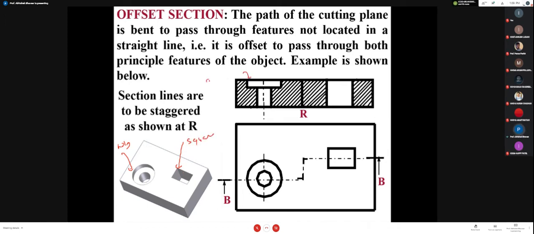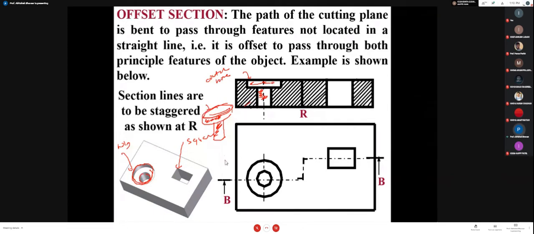This type of hole is known as the counter bore. We are having such type of hole, means two holes are here. This is the smaller hole and this is the bigger hole. Suppose I want to introduce a screw over here. Inside it there will be a screw, or if you are having a nut and bolt, your bolt will be like this. So the head of the bolt should fit over here. That's why we are going to make such type of hole. This is the smaller portion, smaller hole, into which the shank is going to insert, and this is the cap of it, or the head of it, which is going to fit over here.